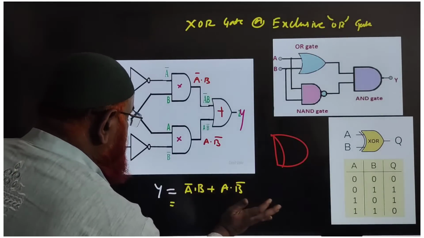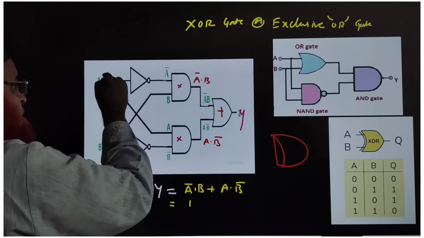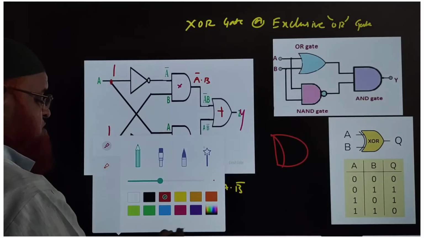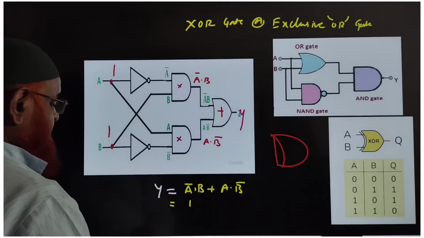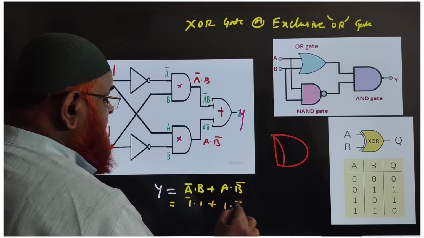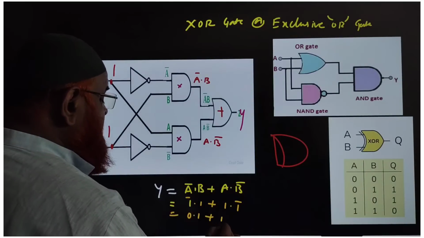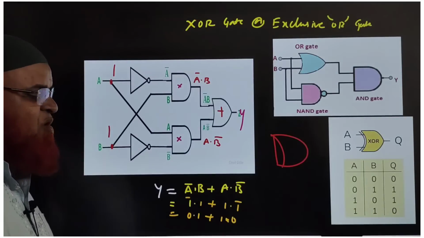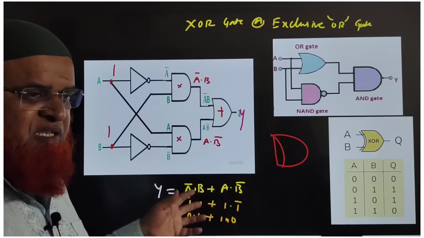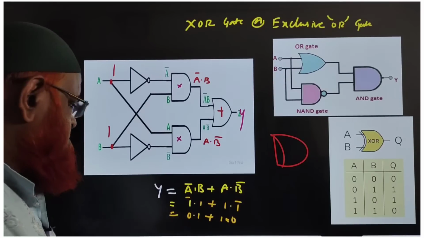Okay? अभी देखो. I am taking this is 1. Now both inputs, if I take 1, I am taking this is 1, this is 1. Understood? Understood what is going to happen? अभी मैं ये भी 1 ले रहा हूँ. 1 bar डॉट 1 प्लस 1 डॉट 1 bar. लॉजिक समझो इधर. If 1 bar means it is going to be 0 into 1 plus 1 into 0. 1 के बाद जो मैं 0 मल्टीप्लाई कर देता तो 0 आता है. इसलिए एक के बाद एक बार कर दिया. ऑटोमेटिक से एक 0 आता है, 1 होना ही. That's the reason why output is going to be 0. So now